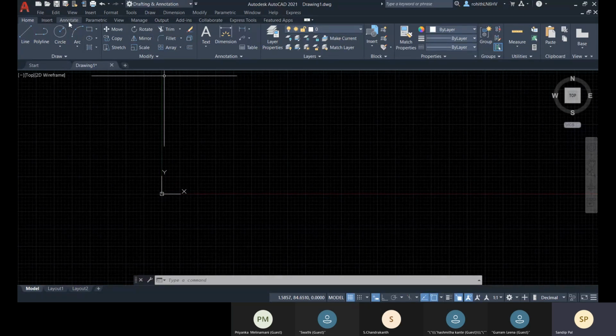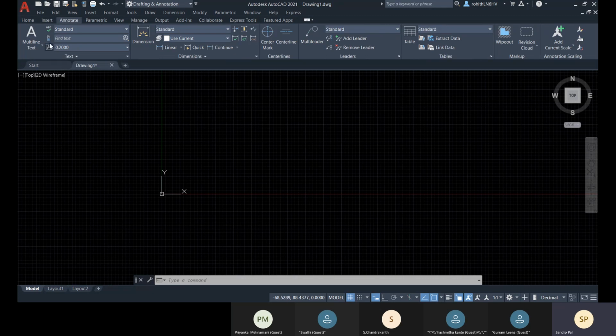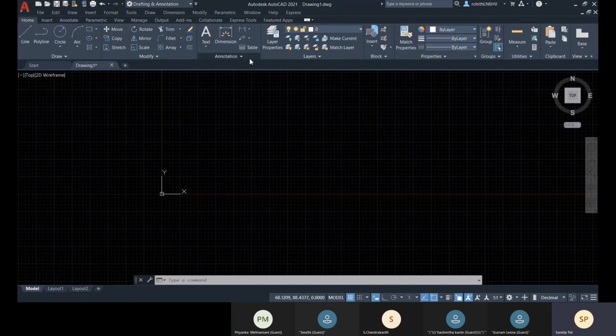For that we have one annotate tab. Within this annotate tab you will get all the related tools for your annotation, or you can get some commonly used tools within the home tab and annotation panel.